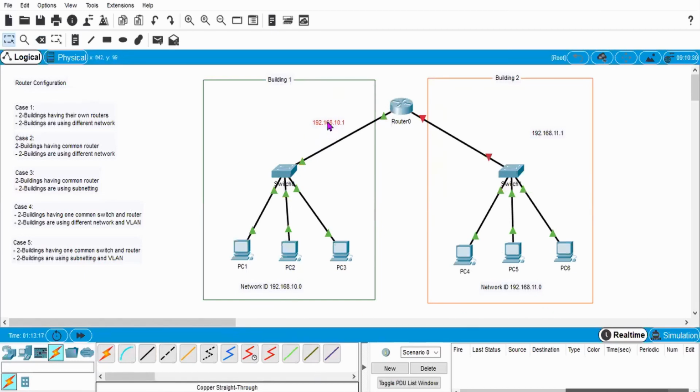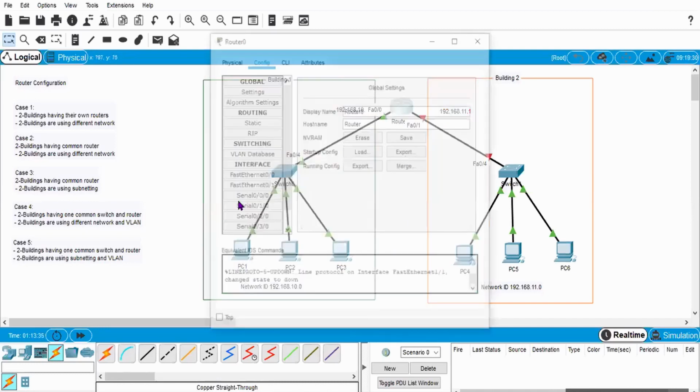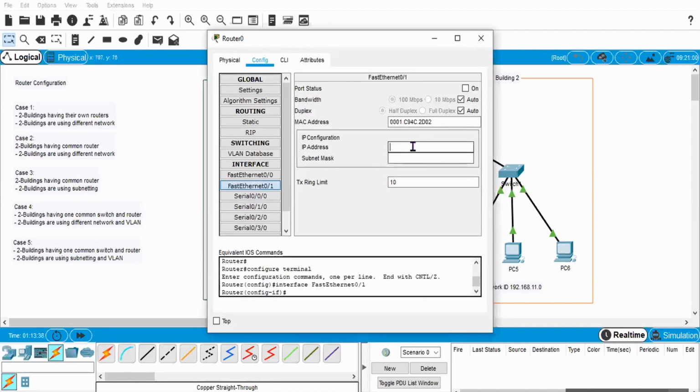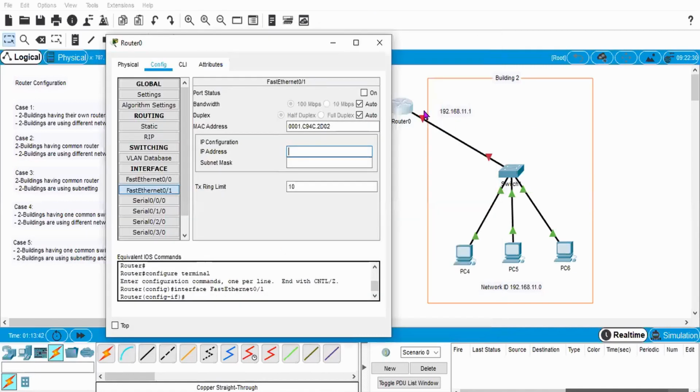For this building, I am taking the default gateway as 192.168.10.1, and for this building I am taking the default gateway of 192.168.11.1. This port is connected to Fast Ethernet 0/0, and this one is connected to Fast Ethernet 0/1. So I'm going to Fast Ethernet 0/1, and I need to define this gateway as the IP address of this port.